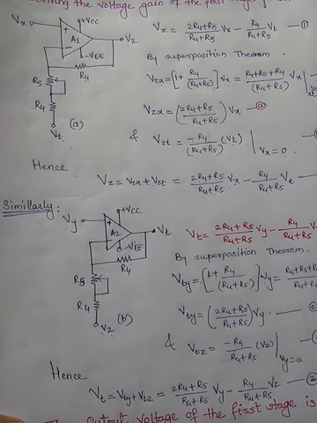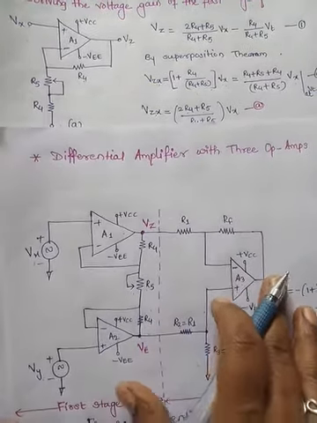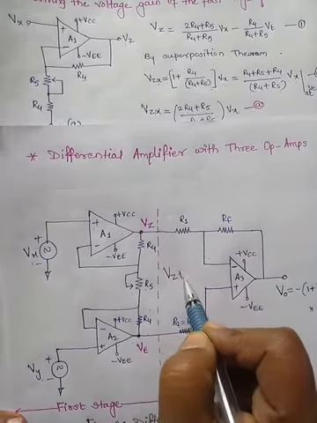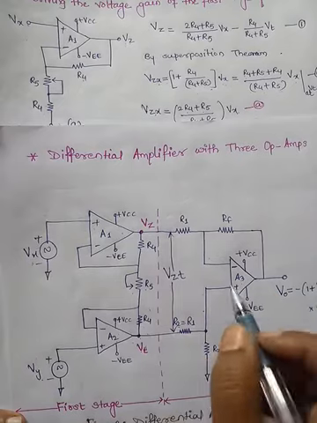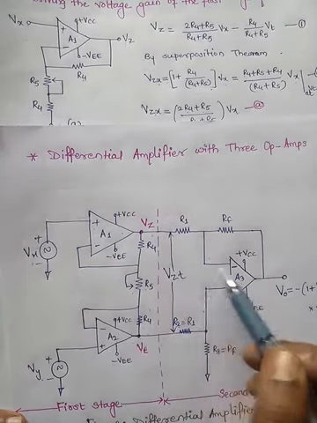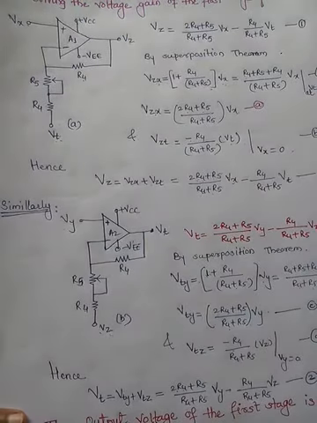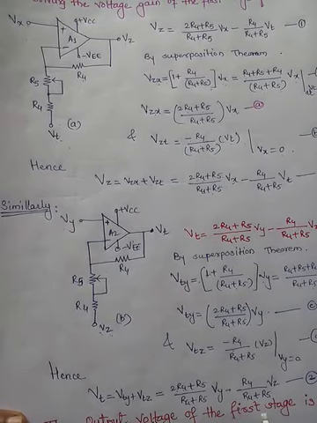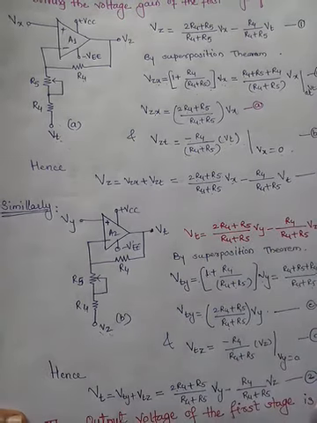Okay, so go for the first circuit diagram, that is here. What is the voltage at this point? Between these 2 points, the differential voltage to the second stage is the difference between the two inputs. Vzt is equal to Vz minus Vt. That will act as input to this stage. So we are going to write the equation for the output voltage of the first stage: Vzt is equal to Vz minus Vt. That is equation number 1 minus equation number 2.